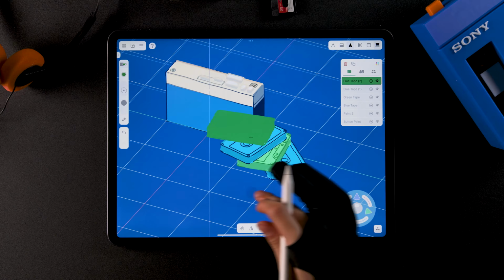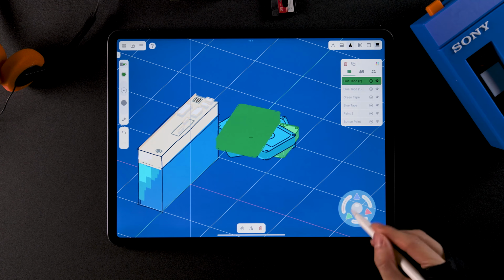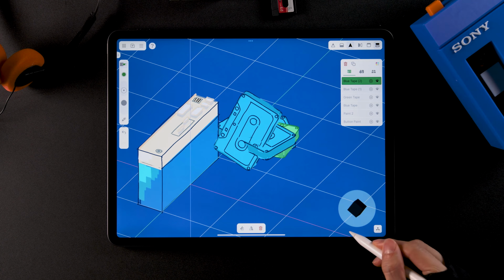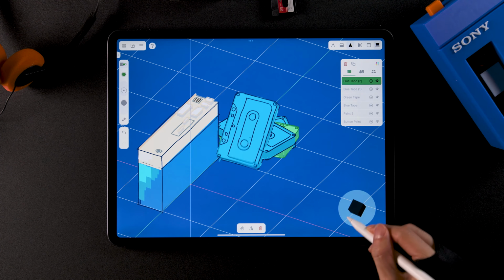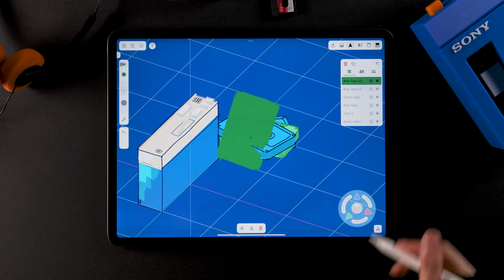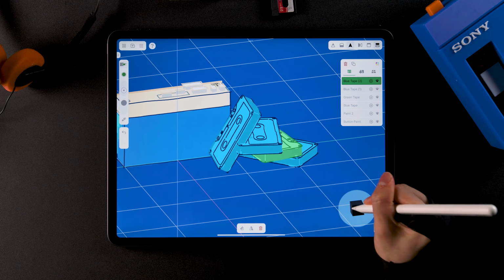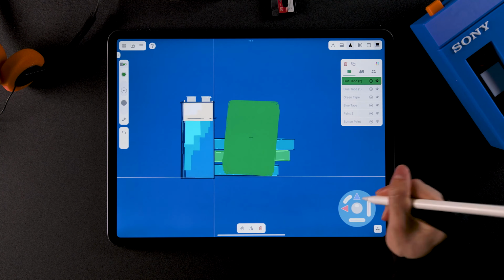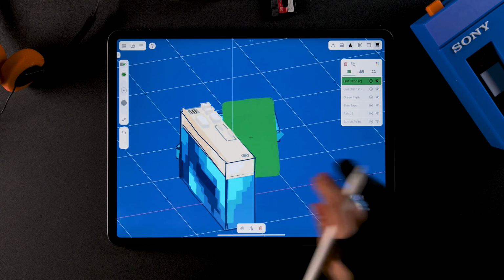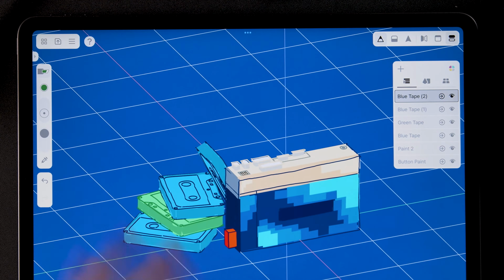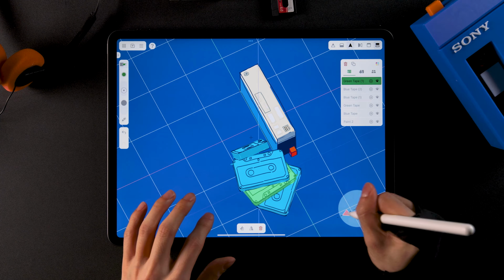Now let's showcase the final feature of the 3D joystick. By dragging the spear in the center, you can freely rotate objects like scrolling a trackball. This is especially useful for quick and random rotation. Let's use this feature to slightly tilt the blue tape here. Finish arranging the tapes using the free rotate feature.